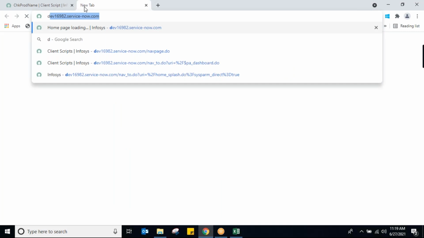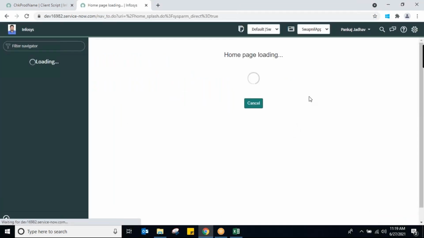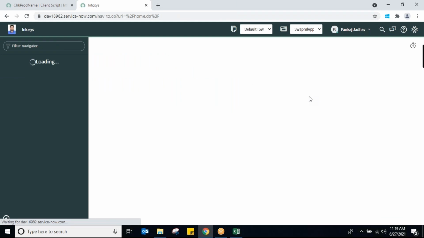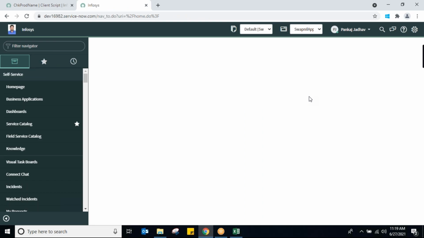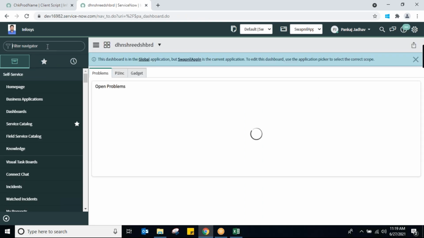Of this field. Now we have to specify the column name, not the label name. Remember, ServiceNow in the script always deals with the column name, not the label name of the fields. So come to the form,